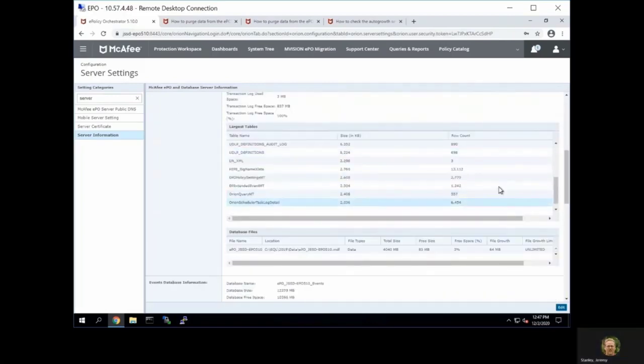So the other things, if purging data doesn't work, or if you have purged all of your data and you still have a size issue, you might need to shrink the database. As I had mentioned before, generally speaking you do not want to shrink your database. The only time to do that is if you have